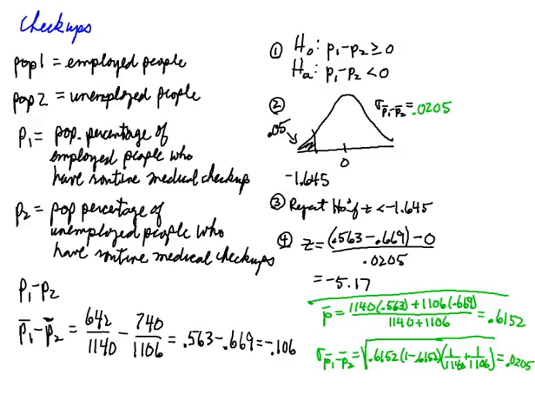So I can conclude reject H sub 0 since negative 5.17 is less than negative 1.645,